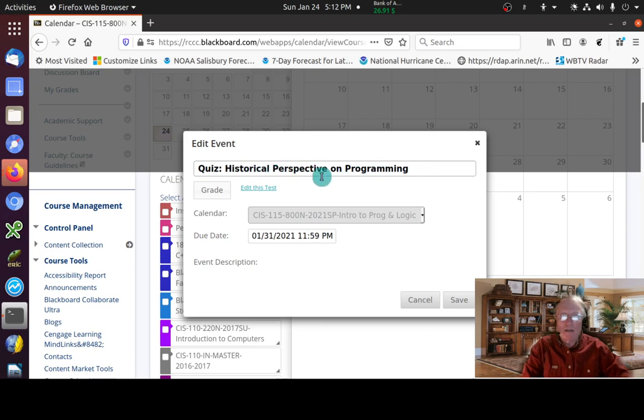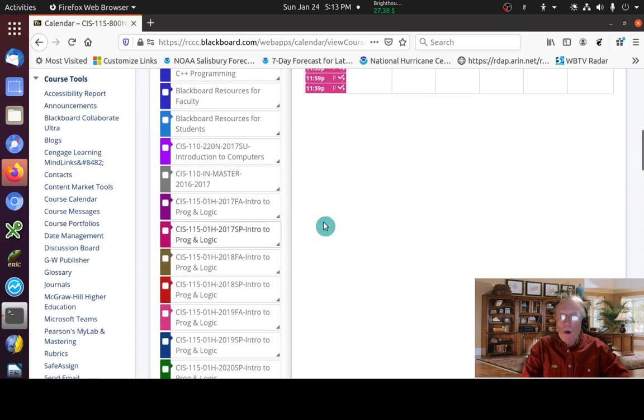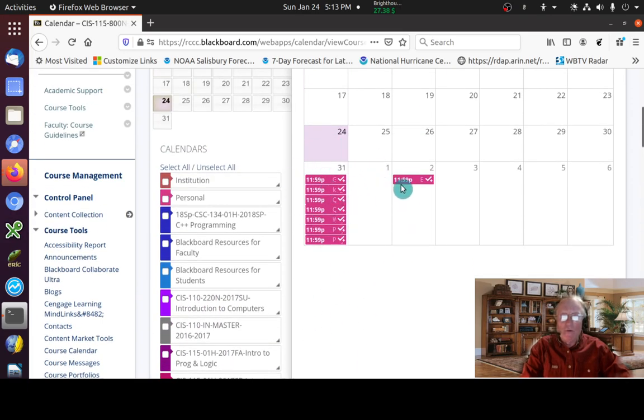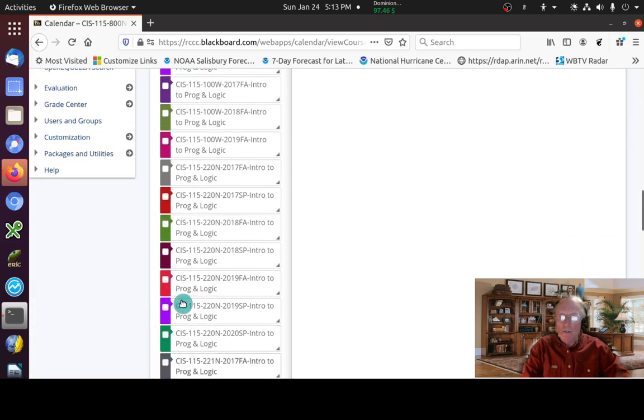Historical Perspective of Programming quiz, also in the course orientation, is due. Okay? So aside from that assignment list, you can look at the calendar. If you're taking more than just my class, then if you're seeing things in other colors showing up, and yours may not be this purple color, yours may be some other color, you can come over here and uncheck things,